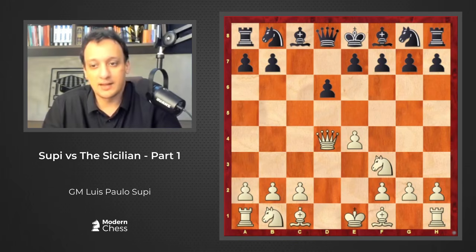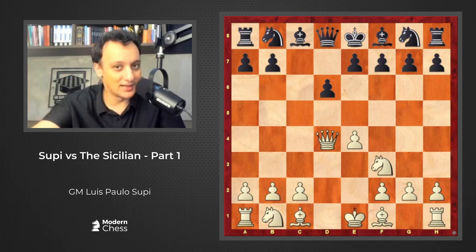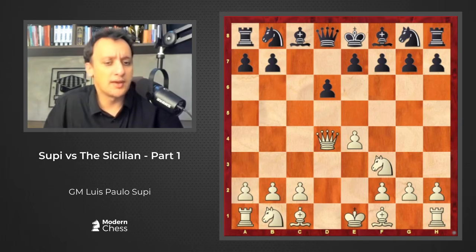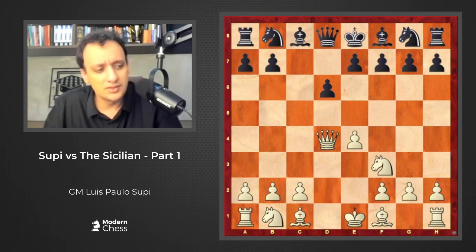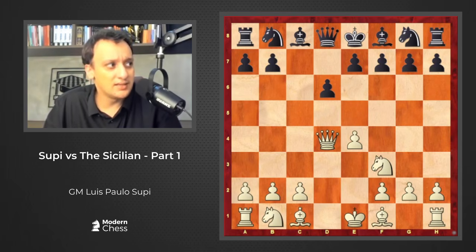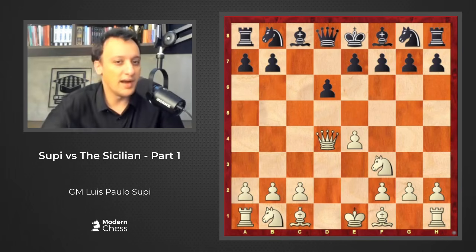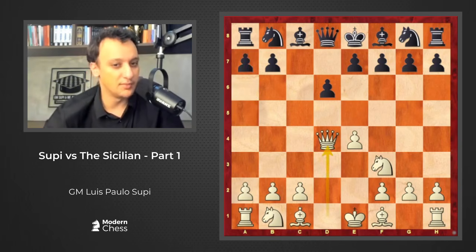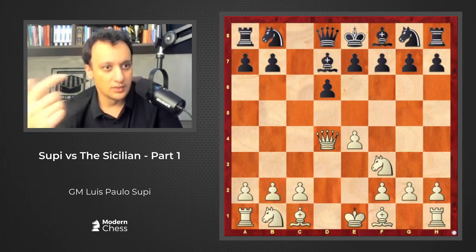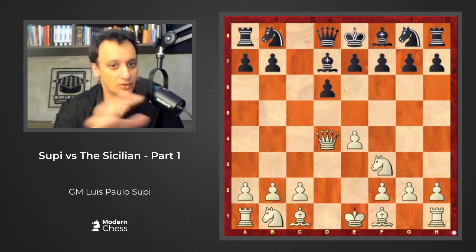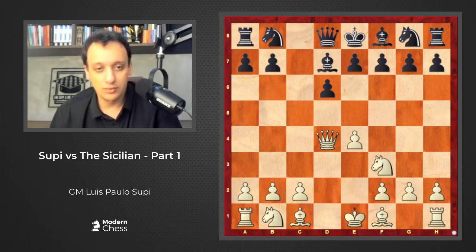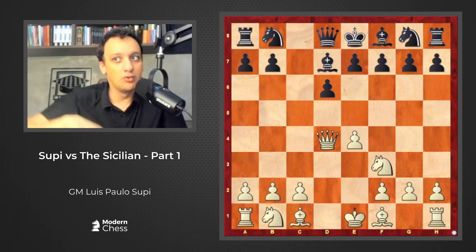Why am I doing that? I mean, in the annotations, I think I give a better answer to this question, but it is important also to mention that if you had no knowledge about the main variations, it is difficult to compare, for example, why I consider the move a6 inferior these days, or the move bishop d7. You will know in a few videos that I consider both of those moves a little bit weak, but it is not possible to explain why if you had no